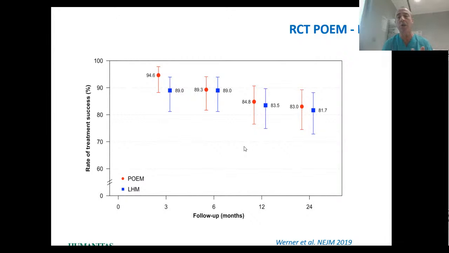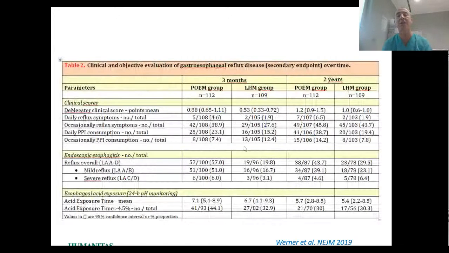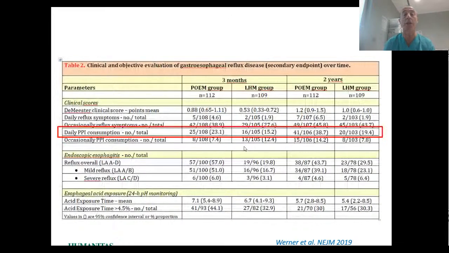In the long term, up to 24 months, there were no differences at all in terms of persistent control of dysphagia. And when we looked into the data, you see the MIST score was very similar. And daily PPI use was a little bit higher in the POEM group, either at 3 months and at 2 years,